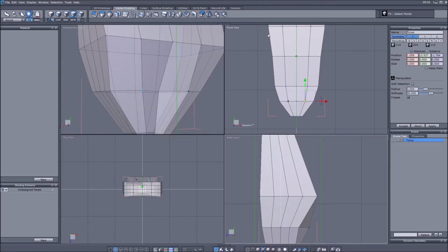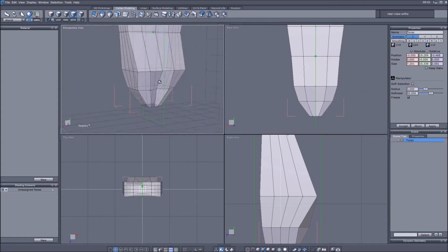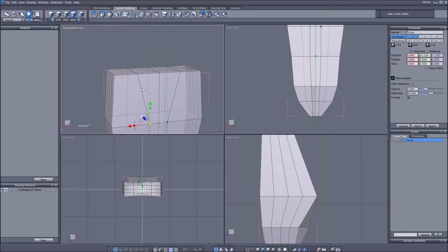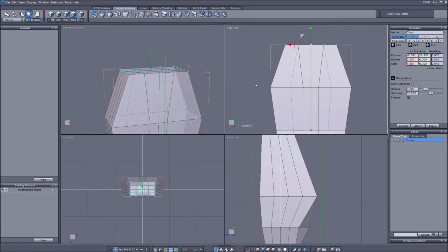First model, as you can see, I tried to work with a cube, and this was just a bad idea. Anyhow,